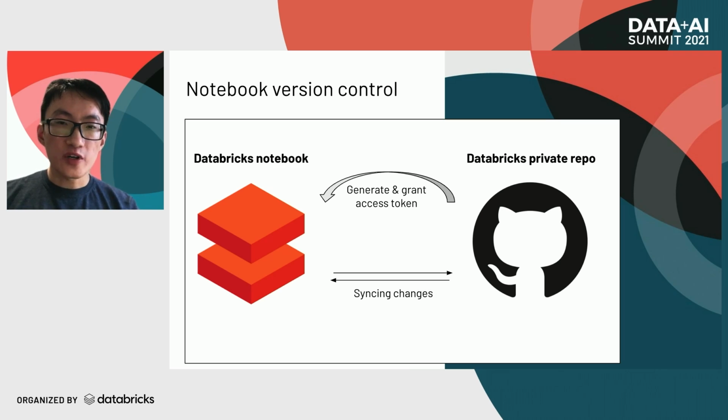So how do we do version control over the development process? This is very important, especially when multiple people work on the same notebook. In case we mess up the code, it also allows us to quickly recover from it. Databricks notebooks allow us to sync changes to or from our own Git repo. The configuration is simple. We just need to generate our personal access token, which has repo permission, and grant it to the relevant workspace. More setup information can be found in Databricks official documents.